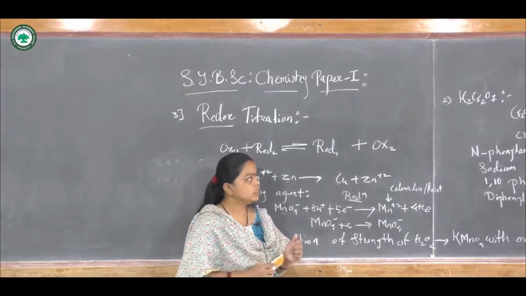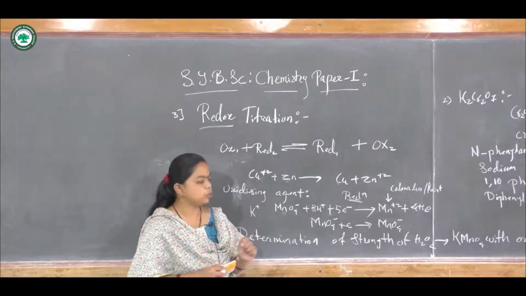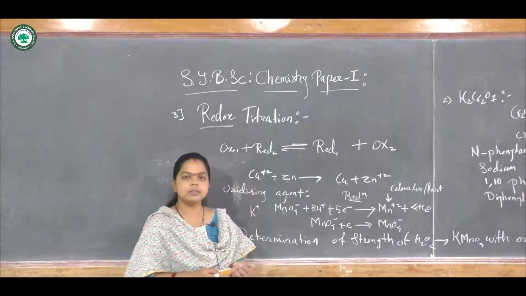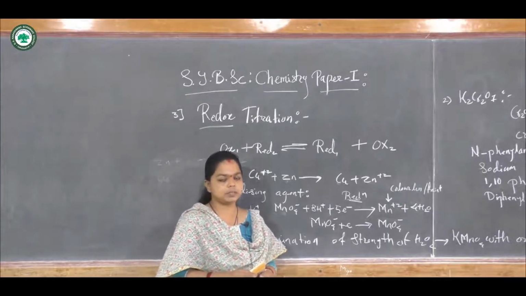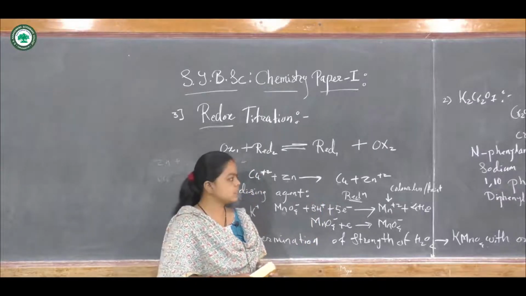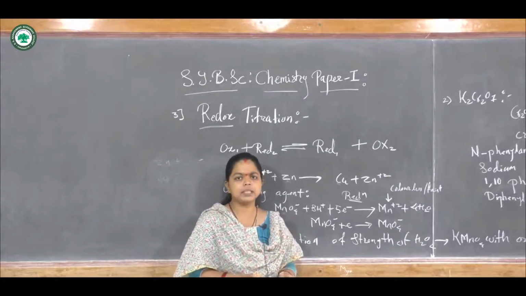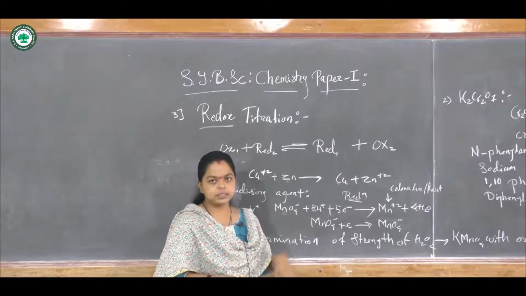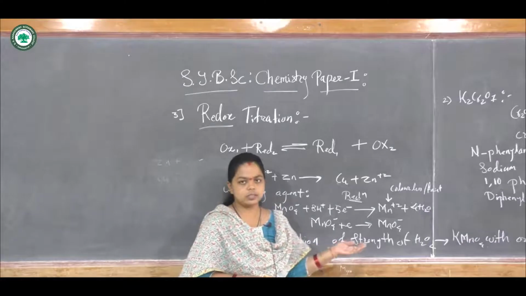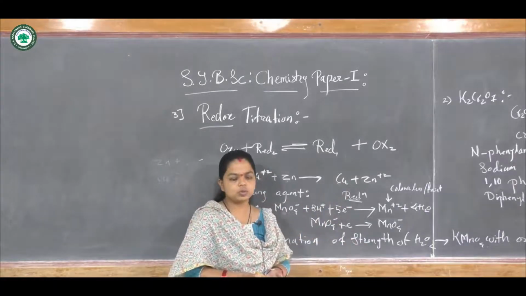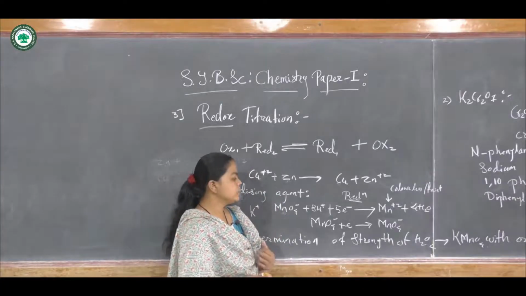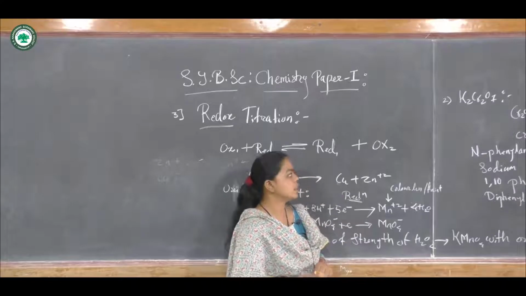On the other hand, the other indicator we can use here is potassium dichromate. It is an orange colored solid compound, it is somewhat stable, and it is a primary standard substance because it exists in the pure form. By the direct method we can easily prepare the solution of potassium dichromate, which is primary standard, and it can be easily used in the titration. So it is not necessary to standardize potassium dichromate. So dichromate has advantages over KMnO4 as it is a primary standard solution.